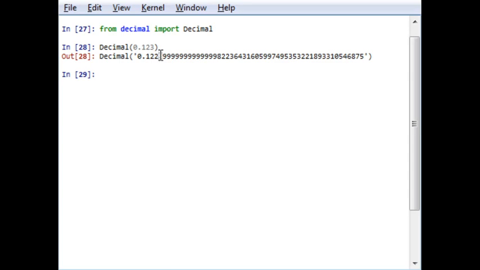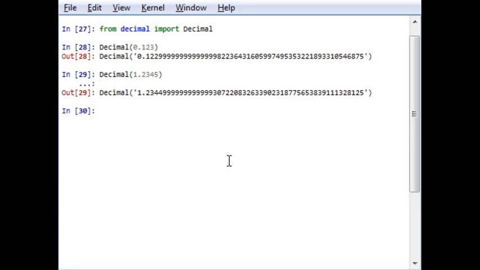That is what I want to explain by saying that it gives an approximate output. The same case is if you are going for 1.2345, for example. It will give me an approximate answer of 23449 and up to some number of digits.